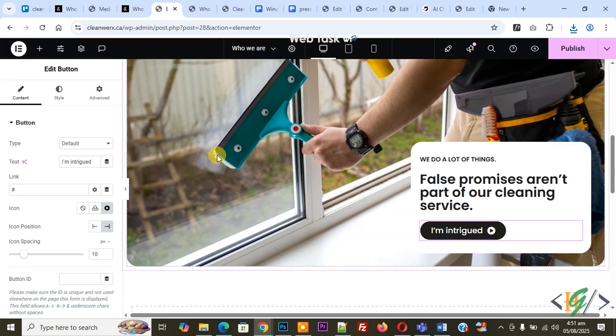Bismillahirrahmanirrahim. Assalamu alaikum. My name is Hassan and today we are going to open an image in a Lightbox or pop-up